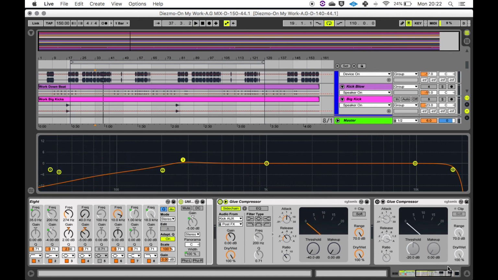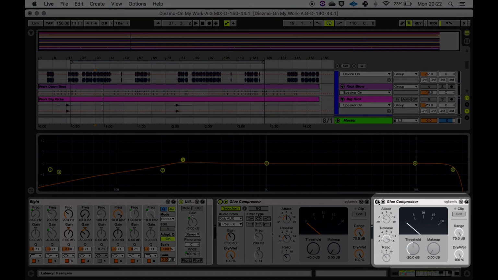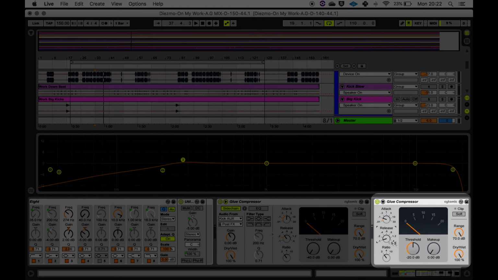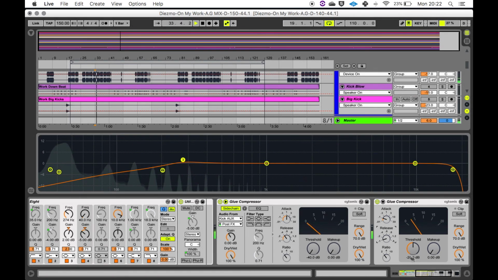much better. The next thing I want to do is add a compressor for consistency to manage the dynamics of that 808, because the last thing you want is an inconsistent 808 in the mix. So I'm going to open glue compressor. So I'm using the fastest release possible here. Very transparent 2 to 1 rate. So this is before, after,